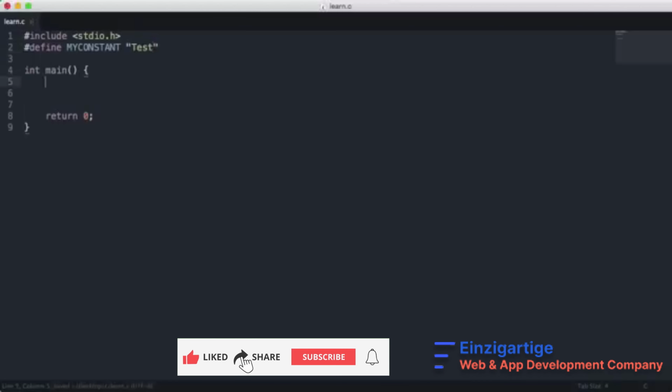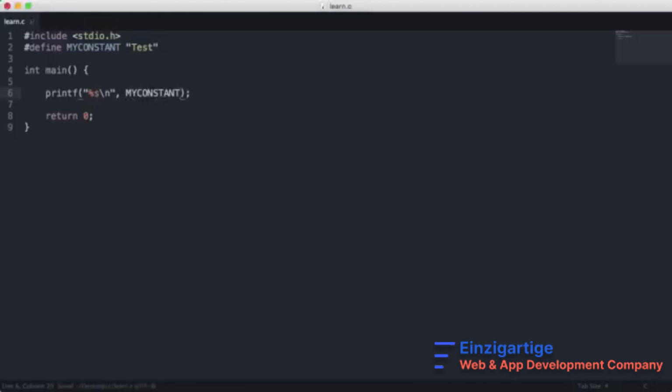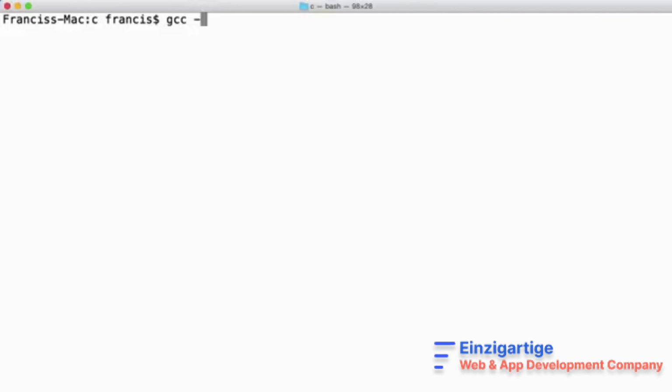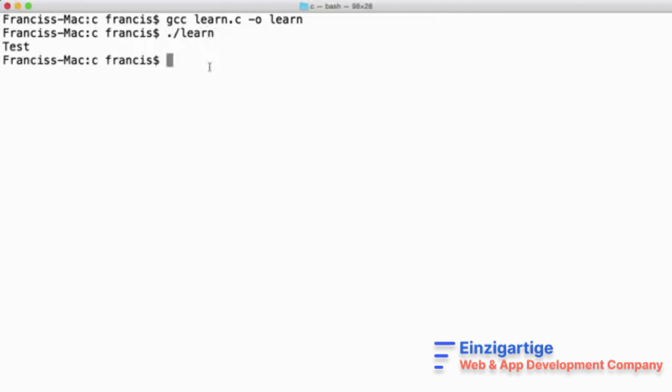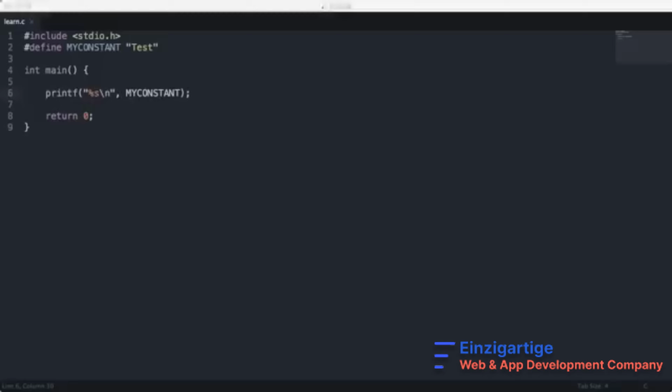And then down here, what I can do is I can say printf. I can print it as a string, and I print my constant. And then if I type gcc learn.c -o learn, and I run this, you see we get test returned to us. That's because we've just created a constant that is a string of characters that we can use in our program